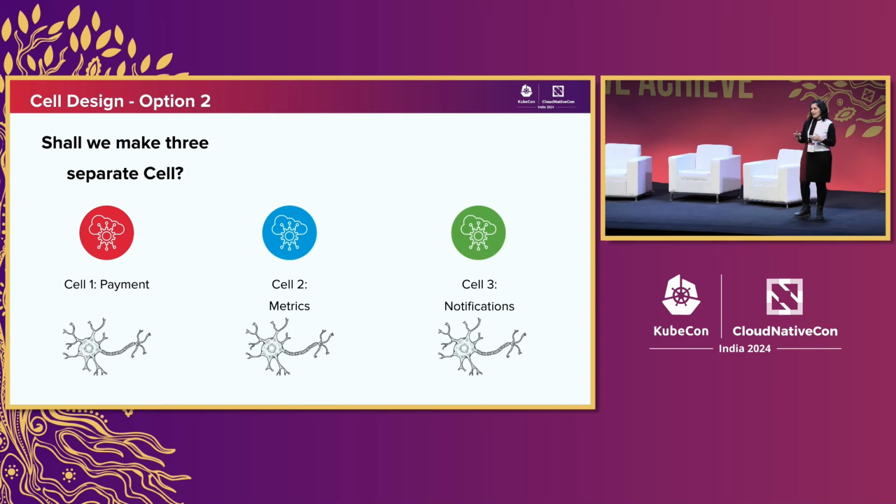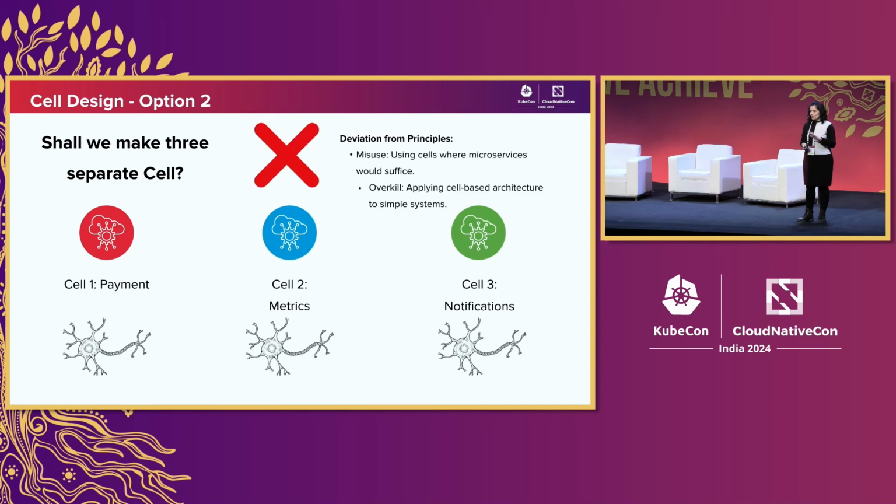Those who are saying no are right, because if you make 3 cells, then it means you are creating a burden. Already you have a microservice. Already you have a pod. You are in a Kubernetes cluster. Your pods are scaling independently. Why in the world do you need a cell for this if you have to scale them separately, right? There has to be some reason to make them a separate cell, which may be valid in some scenarios, but in most scenarios not. So if you are using it, it means this is a misuse, and you're overkilling the resources. So you must have lots of money to waste. That's why you would opt for this scenario.